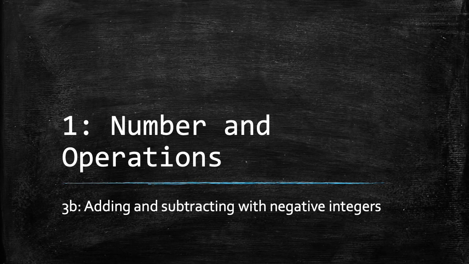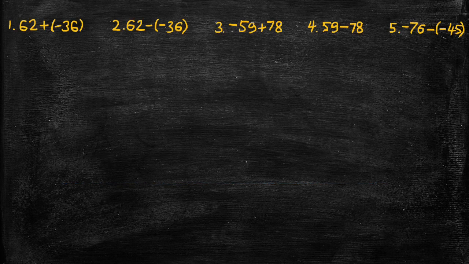Here's some tips for adding and subtracting with negative integers. Let's start with 62 minus 36, and that's the same as 62 minus 36, and so we can use the standard subtraction algorithm. If we write the numbers stacked like this, with the ones under the ones and the tens